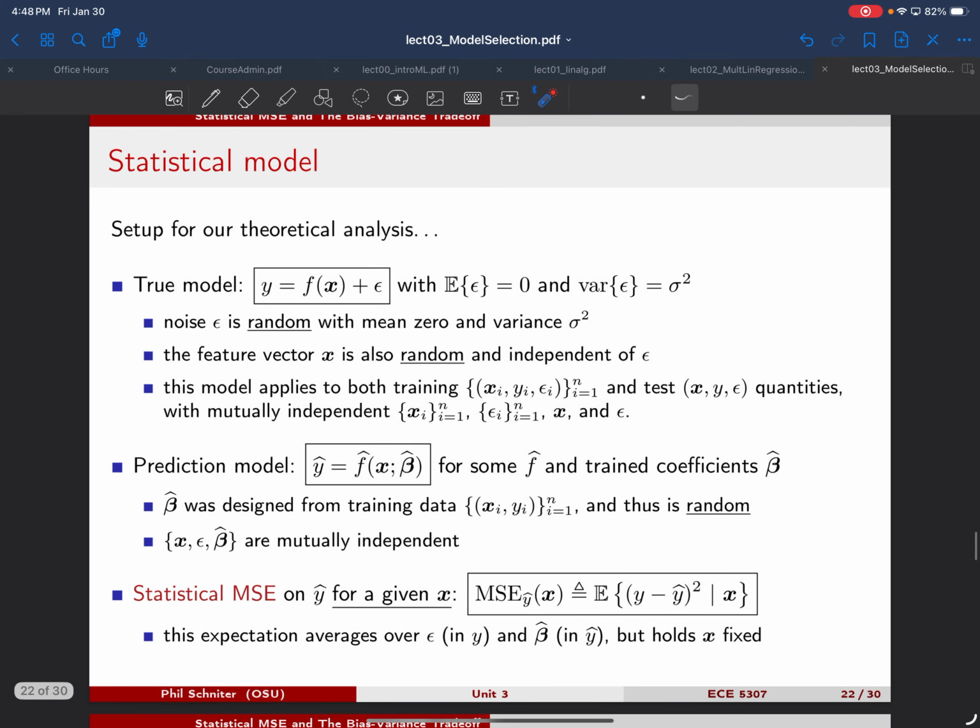So to even do that, we have to start at the beginning and say, what is our model? How are we setting up the basic model? So it goes like this. There's basically two models. There's the model that generates the data, called the true model, and then there's our prediction model. And generally speaking, these are very different things. So for the model that generates the true data,